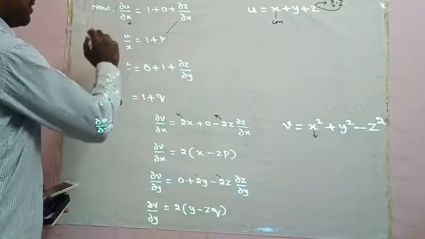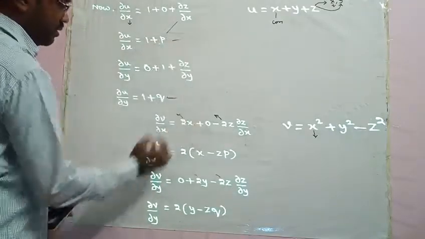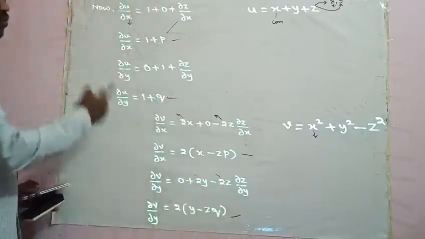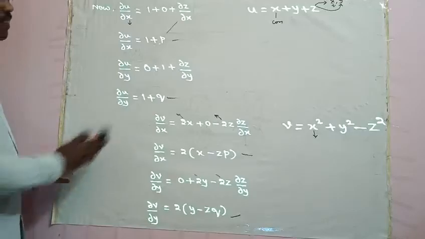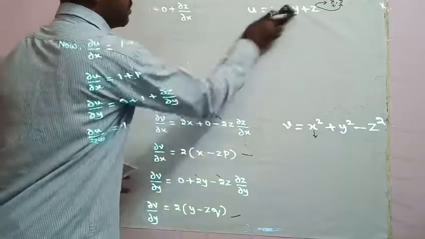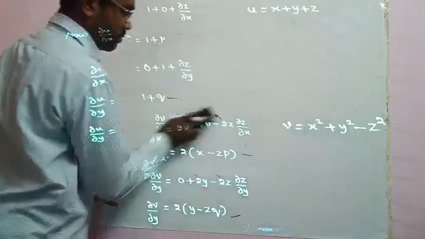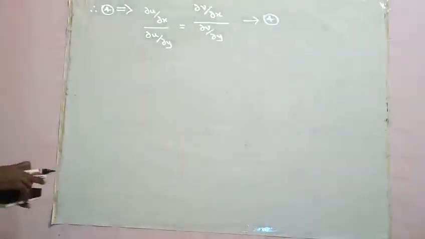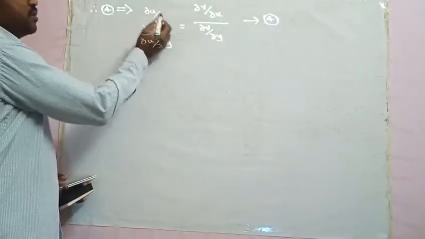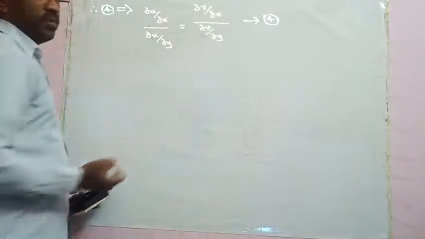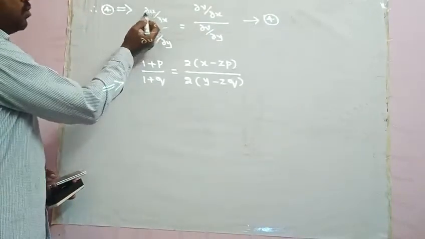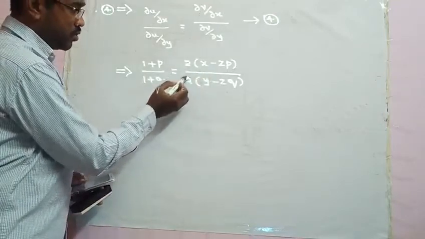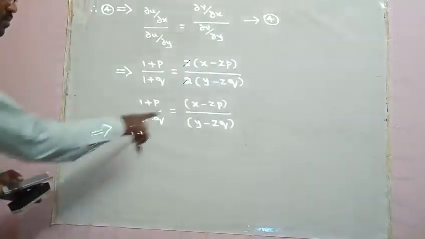Now we have got all four partial derivatives. Let us substitute all these four partial derivatives in equation number 4. So this is our equation number 4. Let us substitute each derivative in these respective places. ∂u/∂x is this, ∂u/∂y is this, and we have substituted. Now this 2 and this 2 will get cancelled. What you get is this.